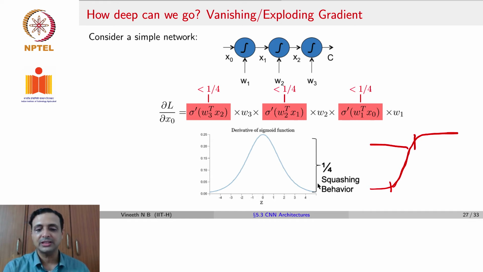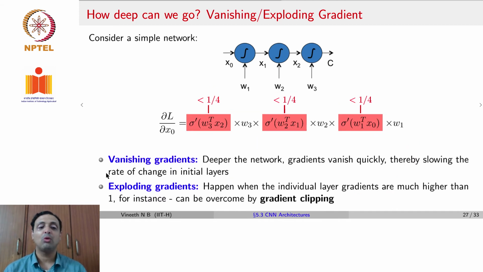So the gradient of such a sigmoid function turns out to be something like this, and the range is between 0 and 1, which means the gradient turns out as capping at 0.25, which means dou L by dou x0 has a bunch of values which are all less than 1/4. What do you expect will happen to dou L by dou x0? The product of very small values will quickly go to 0, and you have the problem of what is known